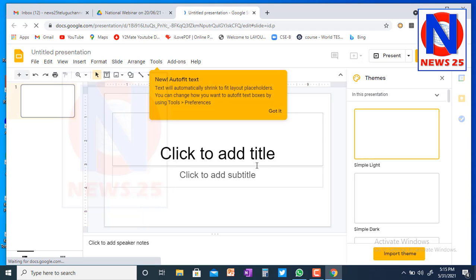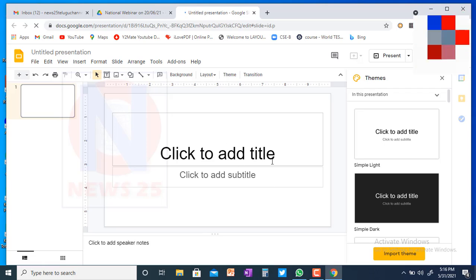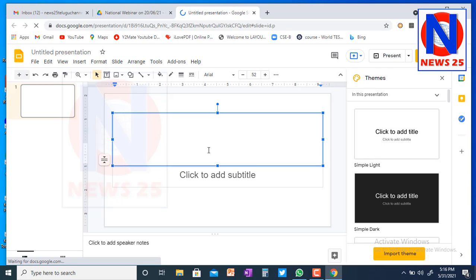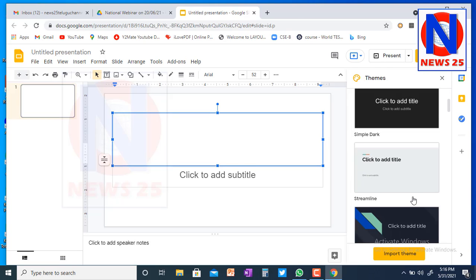Like this you will get it. Once you have it, you can type here if you want, otherwise you have templates here.